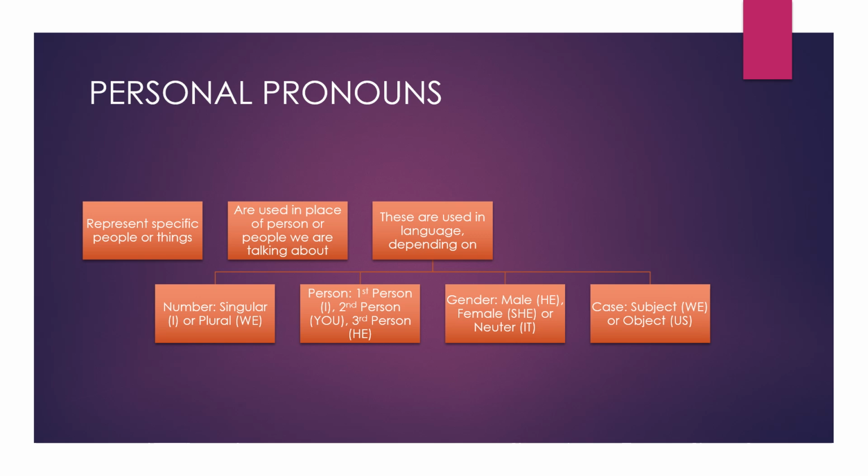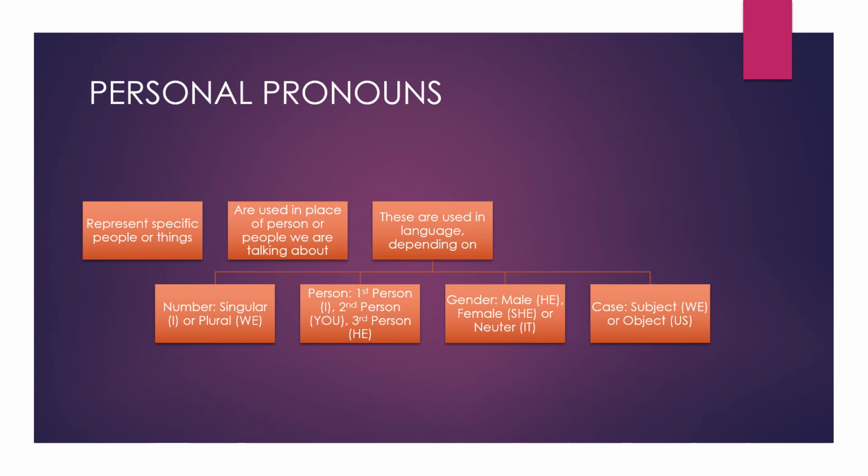Personal pronouns are those pronouns wherein we are taking into consideration the 3 persons: first person, second person, and third person. What is the first person? First person is the person who is making a conversation, who is talking. Second person is the person who is receiving the conversation, meaning the first person is talking to the second person. Third person, the person about whom the first and the second person are talking, becomes the third person. So these are 3 persons. These particular persons may have the usage of personal pronouns.